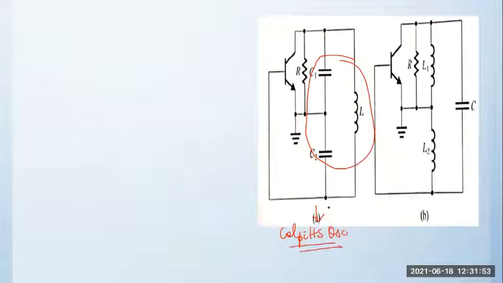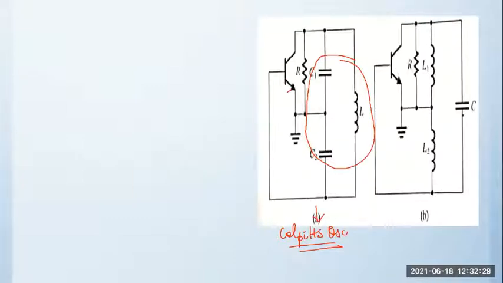You have done this in the lab. I'll also draw the practical circuit which you have done and show it to you. So this represents a transistor based Colpitts oscillator. Whenever I use two capacitors in series in parallel with the inductance L, it is a Colpitts oscillator. The amplifier used is a BJT amplifier with the load resistance being R. To get the correct amplifier gain, we have to use the right load resistance R.